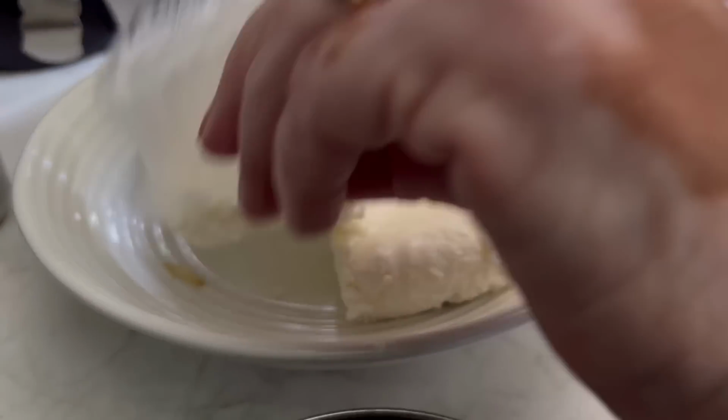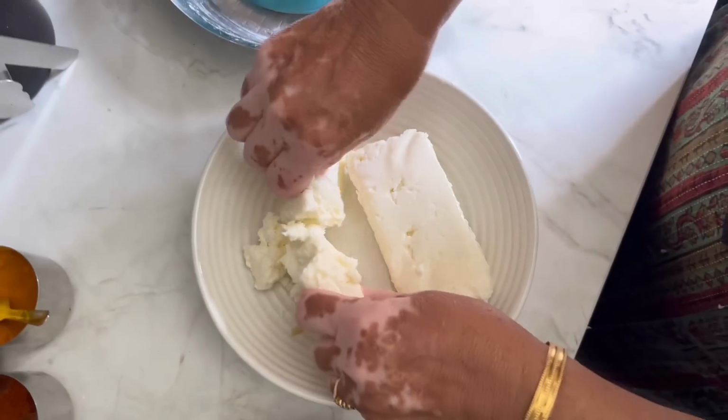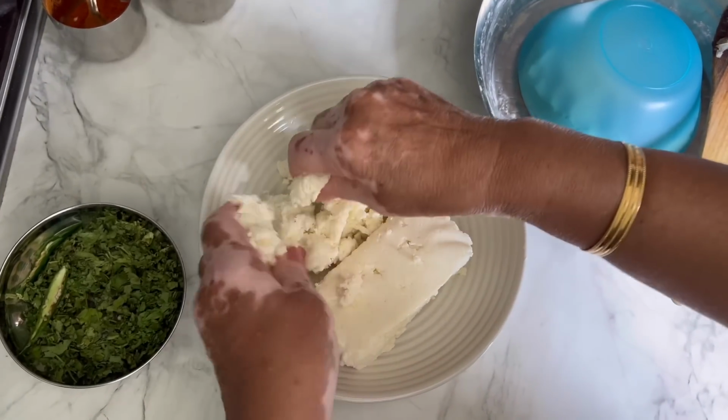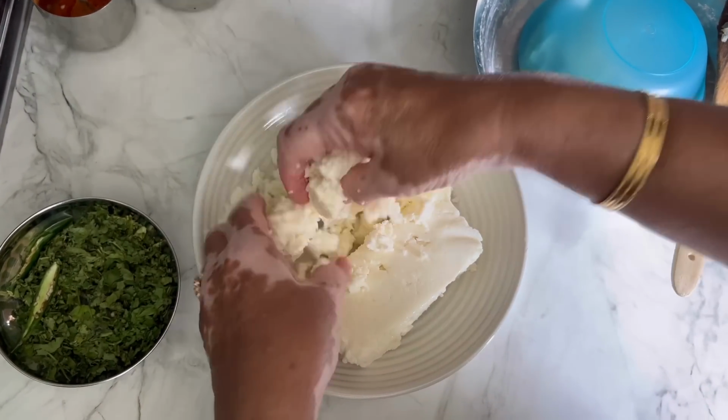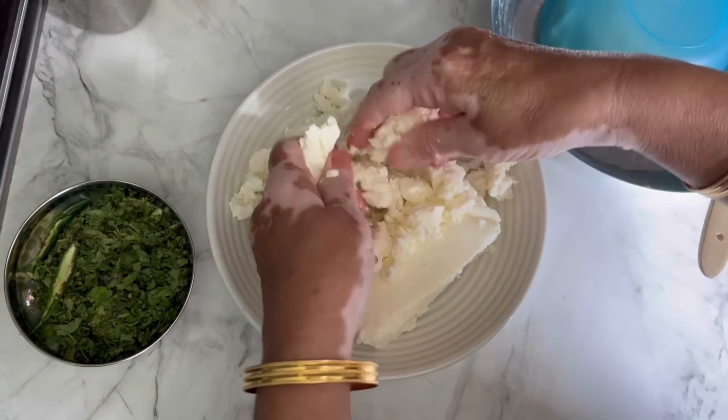So using 2 blocks of paneer for this, I'm using ready-made paneer. You can make paneer at home. You can find the recipe for that on the channel. It's a masterclass in paneer. And if you like paneer, you should really watch it because it just gives the tips and tricks to make